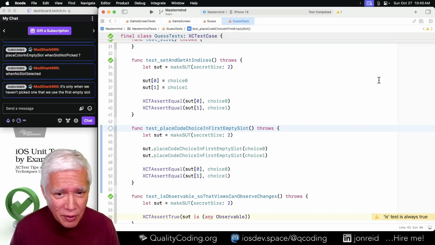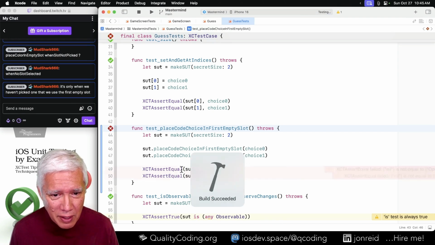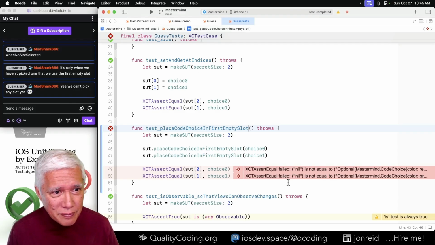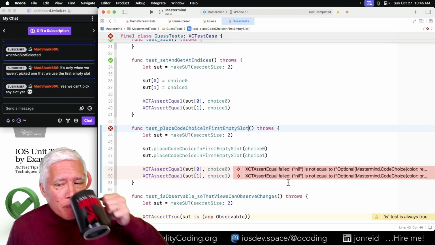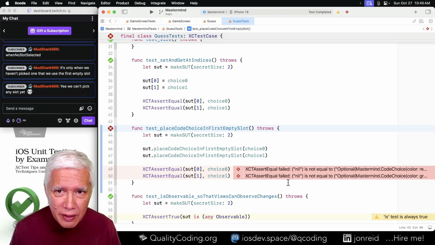Anyway, let's see this fail. This should come back with these being unselected. Oh, nil. Okay. That's fine. Let us proceed.